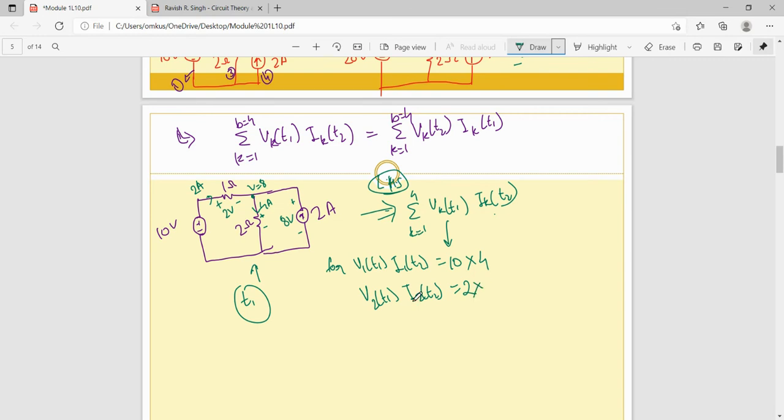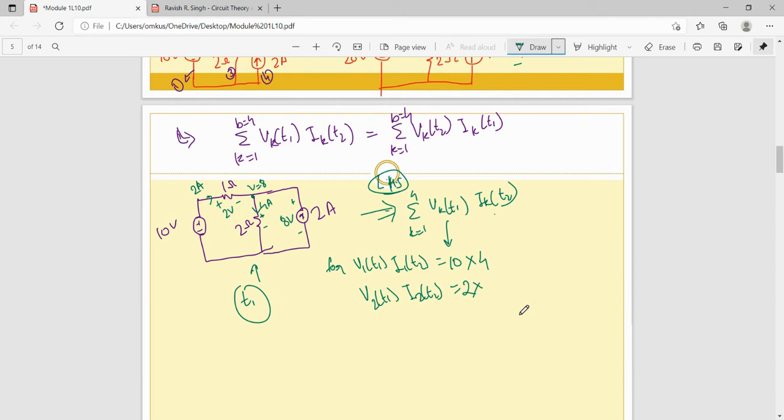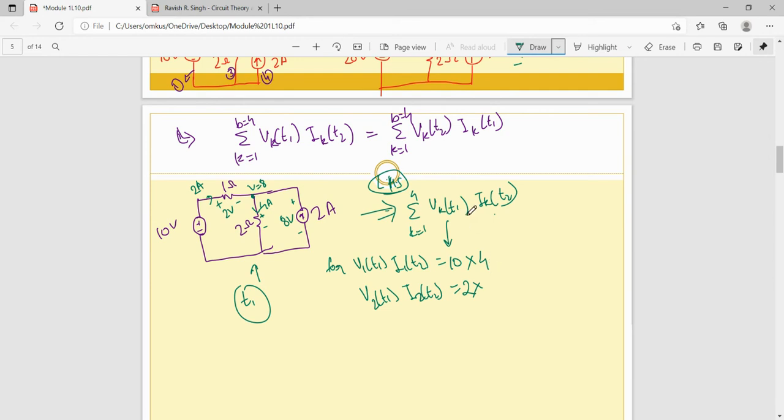2 volt. And what is I2, I2 for the T2 circuit? What is the value of I2? That is 4 ampere for the 1 ohm, right? So I2 for the T2 circuit is 4 ampere, right? So this is 4 ampere.